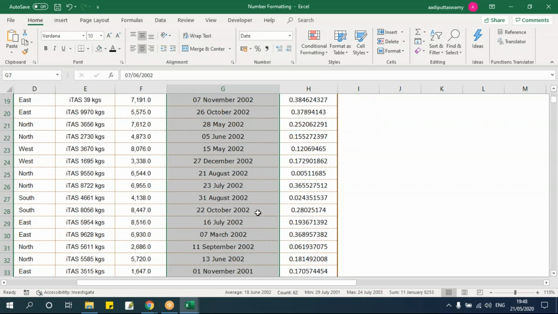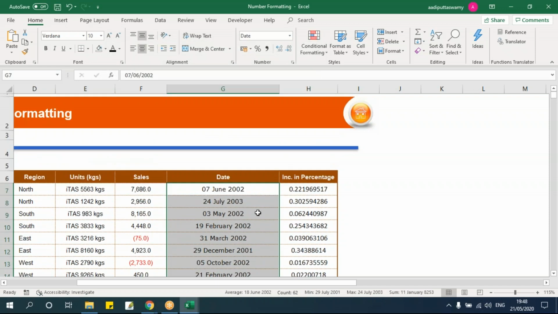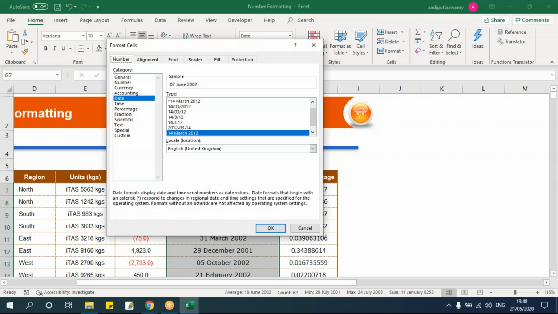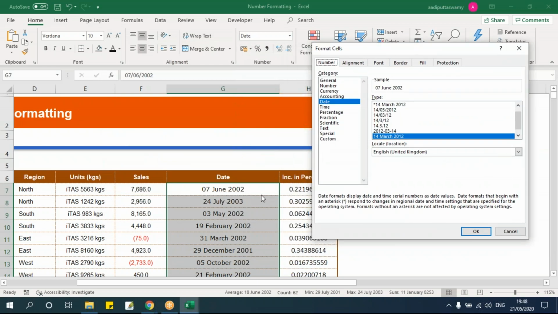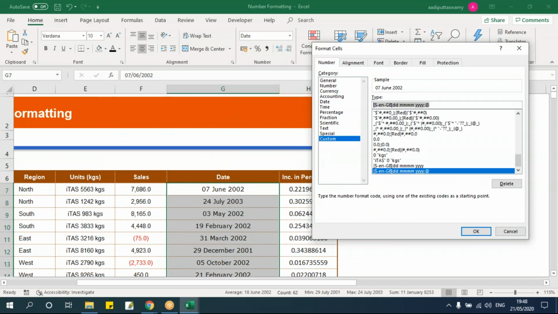I want a customized format. So I want day, month, and year, and also the day of the week. Go to custom. I can use D, M, and Y. If you go back to our text function, there we used the text formula wherein we used all these formats. So these formats we can use in our text functions.